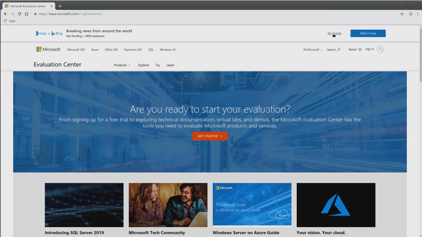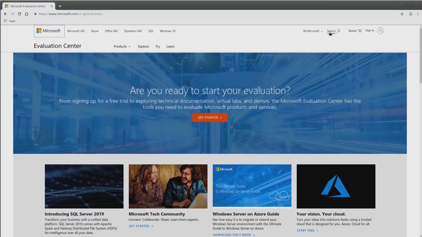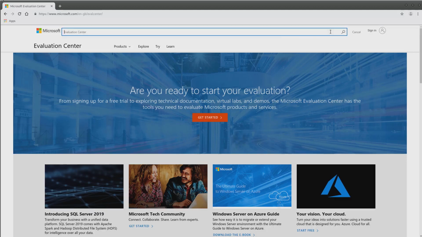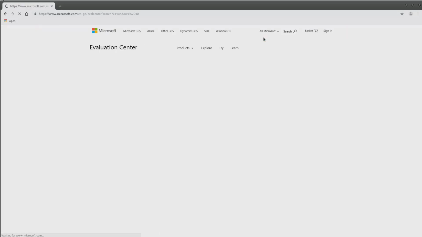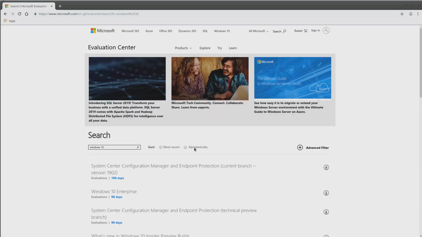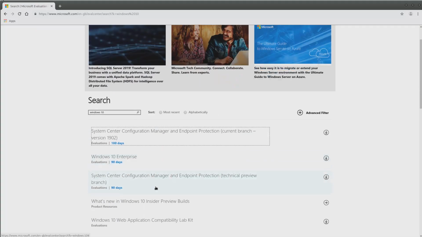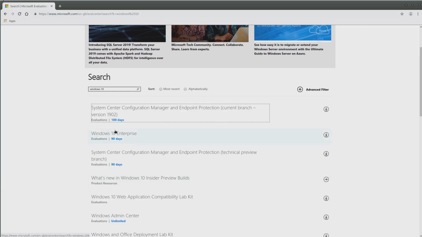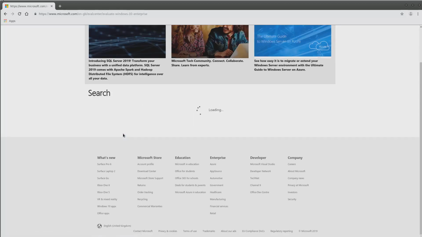I'll just say I don't want any breaking news at the moment. We'll go to the search, and in the search, first of all, we'll type in Windows 10. Now the one we're looking for is second one down, where it says Windows 10 Enterprise Evaluation, and this is a 90-day evaluation version of the Windows 10 Enterprise. We can click on there,